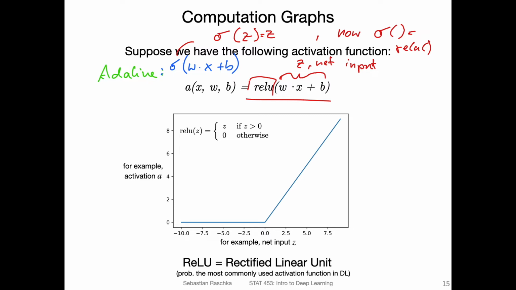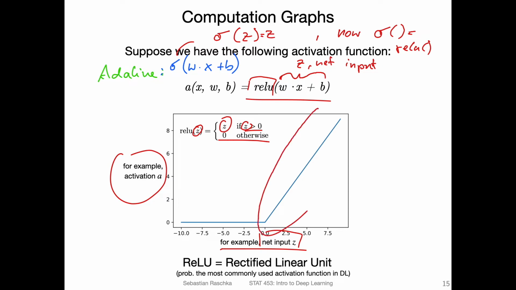So for right now, just think of it as an activation function that is almost like a linear function, but not quite. So the shape of this function is as follows. In the plot here, I'm showing you how it looks for different inputs. Here we have the input to the function, for example, the net input z, and here we have the output on the y-axis. The ReLU function is defined as almost like the identity function. So it returns z, the input, if z is greater than 0 and 0 otherwise. So it really is in this region an identity function,